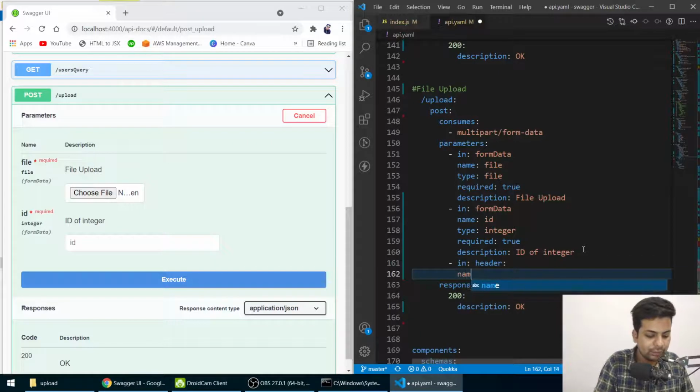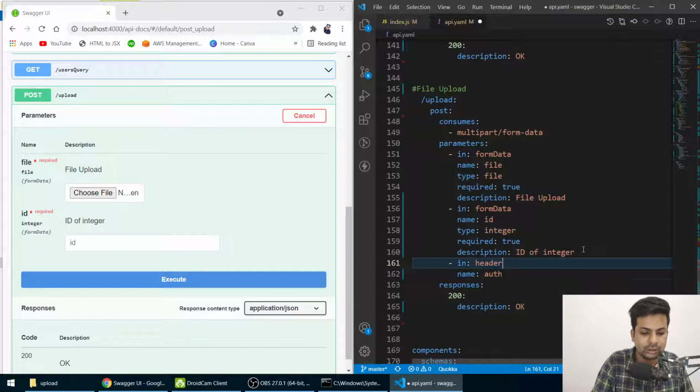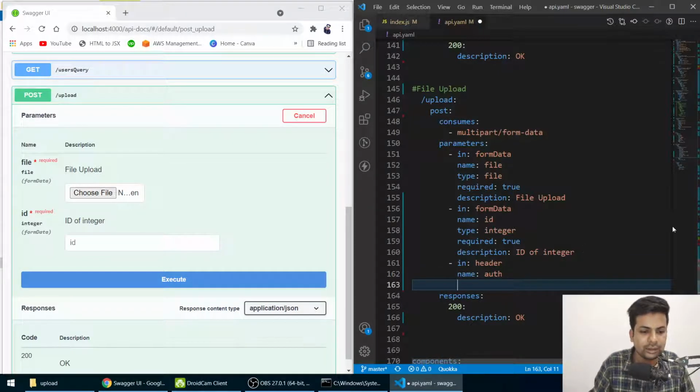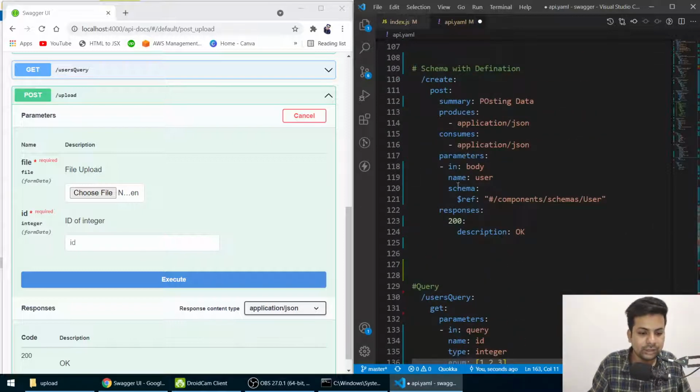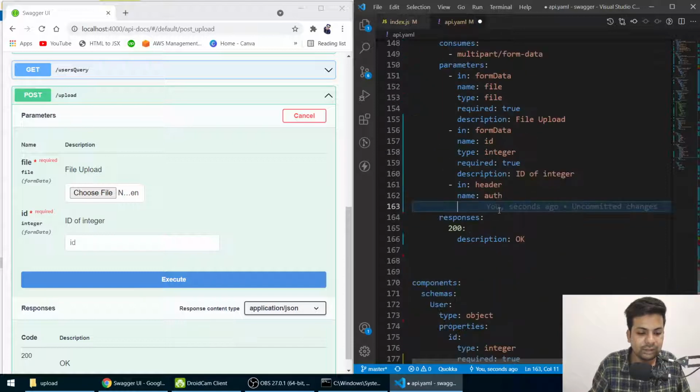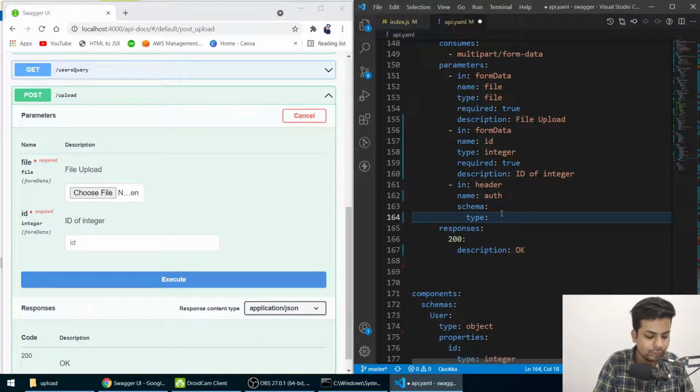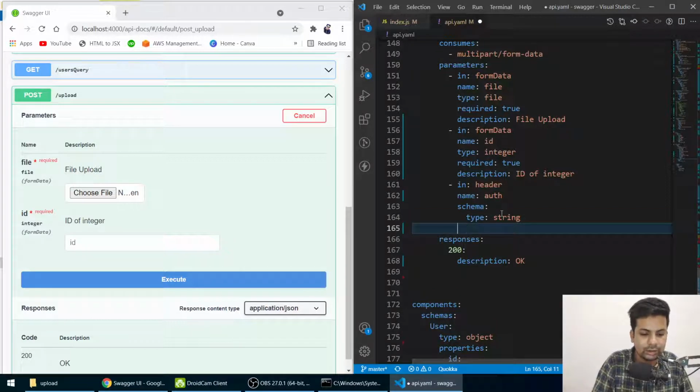The name will be auth. Suppose I'm making auth the name. And you can define schema here the way you define schema everywhere. So you'll say schema, type, string. Just type string, and you can put required true also, whatever you feel like.